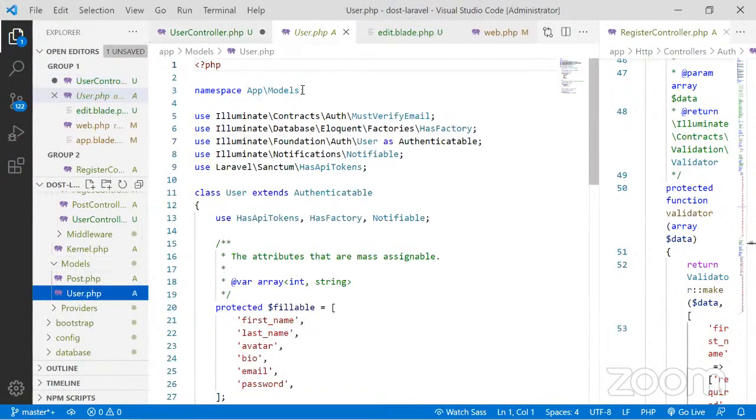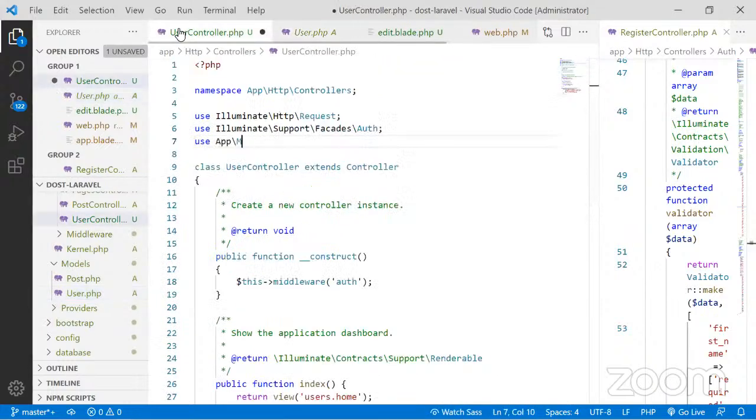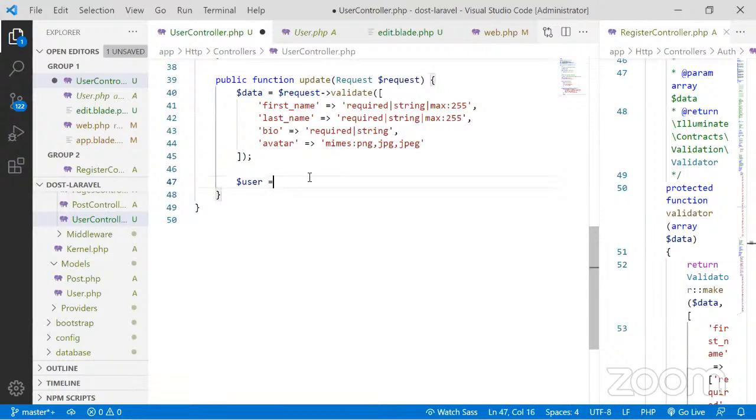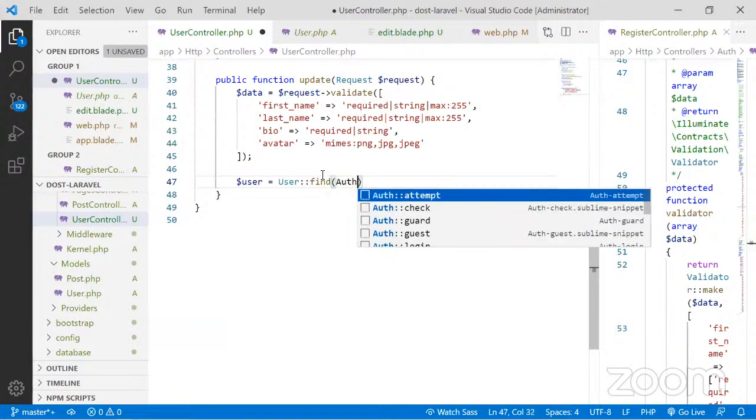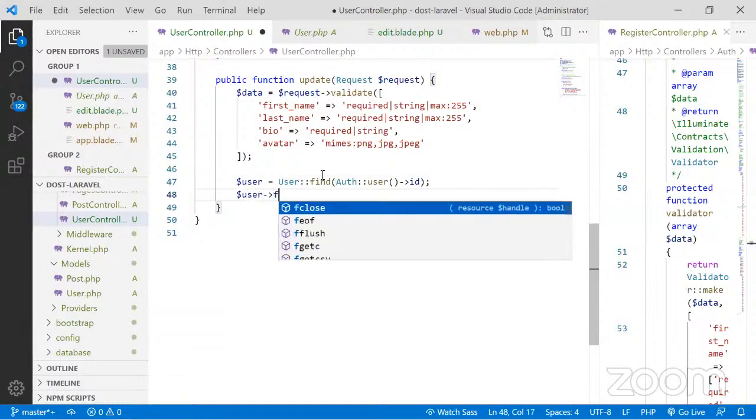So app/models and the name of the model. So models, then user. So using the user, find auth user, then ID, then user,